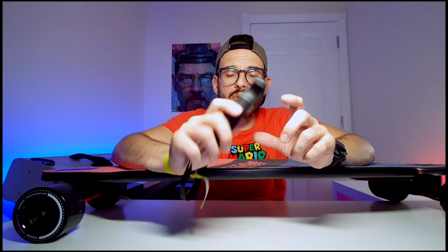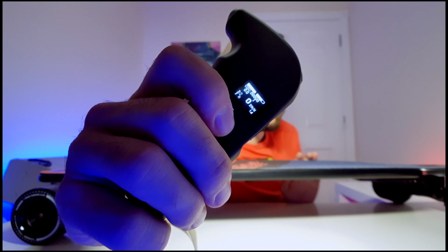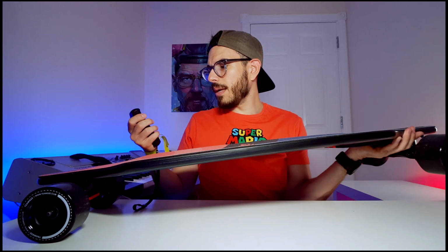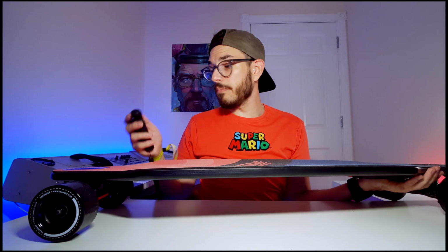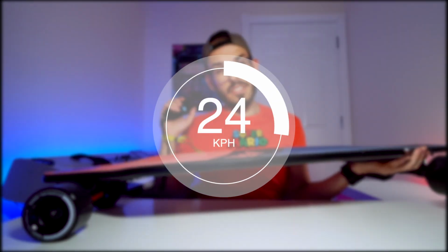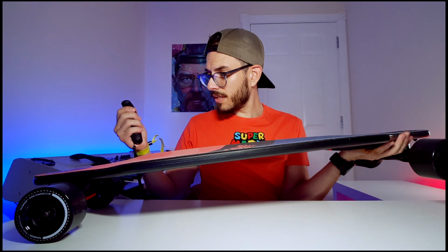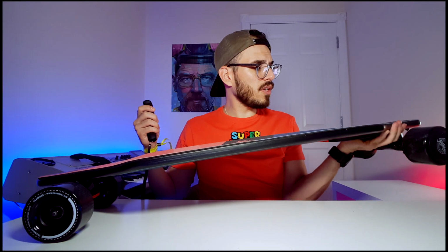So you have 4 modes with this control. You have the lowest mode, then M for medium, high, plus. When we are using the lowest mode, the maximum is 11 kilometers per hour. When we pass to the medium, it's already 24 kilometers per hour. When we go to high mode, it's 38 kilometers per hour. And when we go to the H plus, it's 28 kilometers per hour once again. So when we talk about reaction,